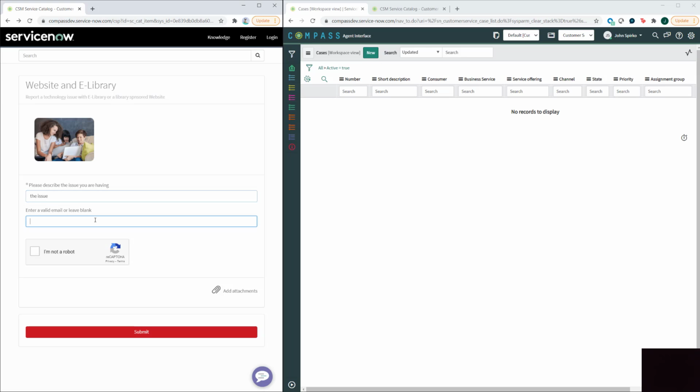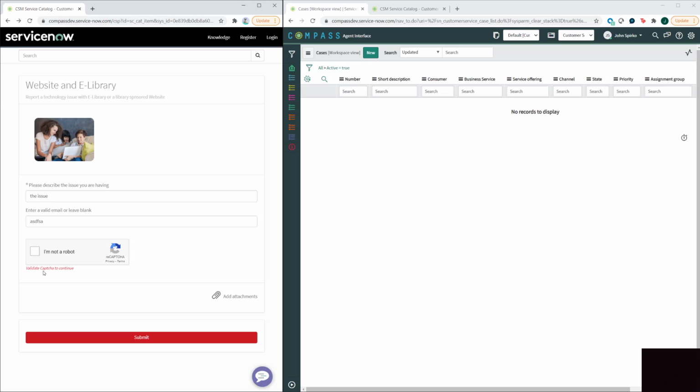and then I go ahead and if I leave this blank, it will be okay. If I put in something else, it's going to go ahead and check it. And then I can either validate CAPTCHA or not validate CAPTCHA. If I don't validate the CAPTCHA and I submit this, it's not going to let me submit it. It's going to make me validate it first. So if I say I'm not a robot, and it might bring up pictures, and then I click on submit